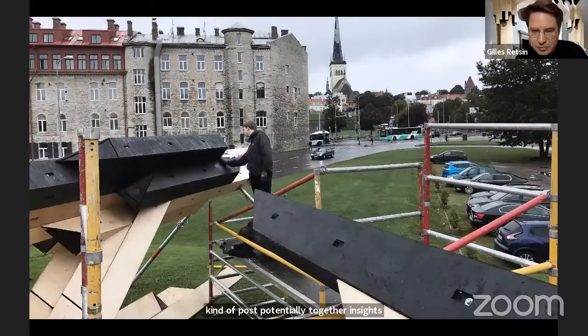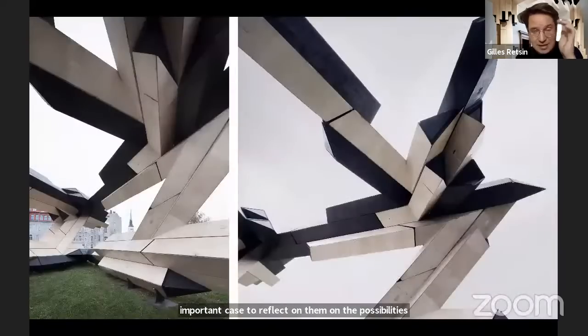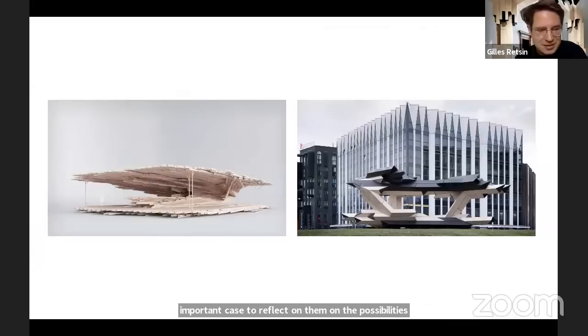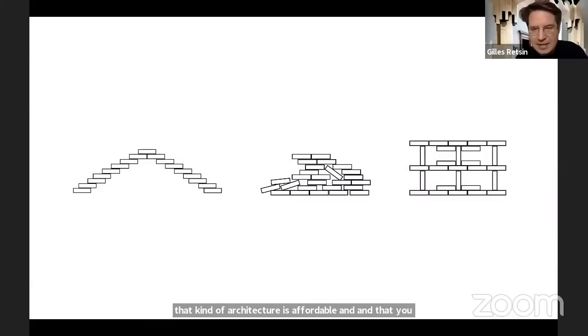So this is a pavilion we built in Tallinn, which was an important case to reflect on the possibilities of that architecture. And again, for me, it is quite important to see how it is very similar to the Block Hut project. It shows that that kind of architecture is affordable and that we can actually build it. And again, the strange qualities of this architecture, I think, is the fact